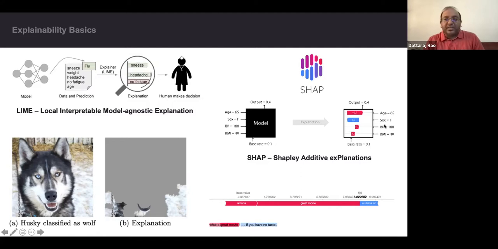When you have multiple features like age, sex, blood pressure, BMI that contribute to a particular output, how much contribution, positive or negative, each feature has, that is what SHAP tries to measure. So SHAP assigns a SHAP score to each feature, each data point in your training set, and that is used to explain your